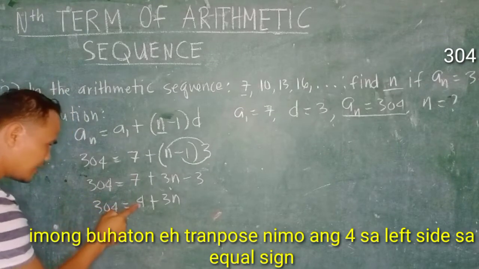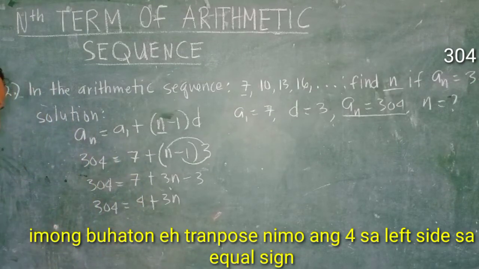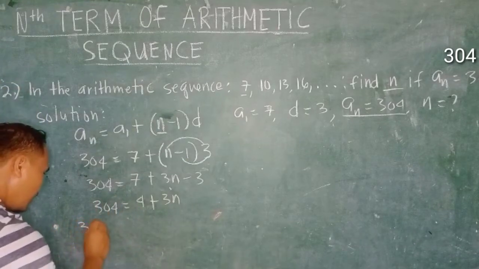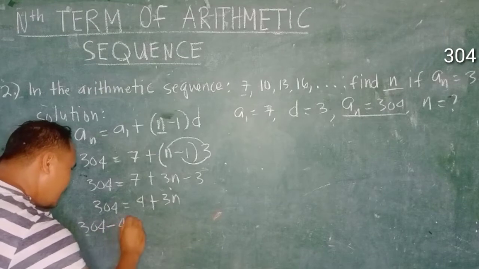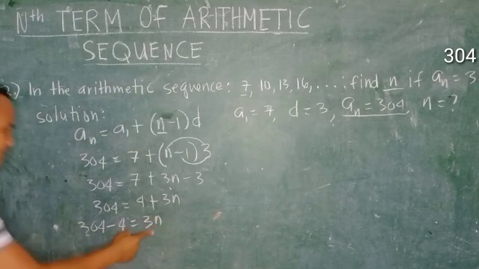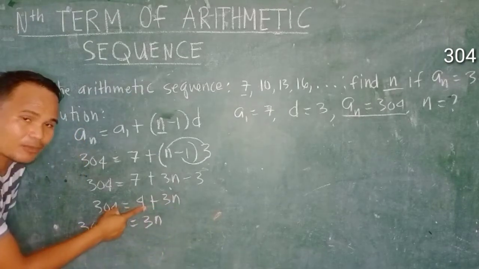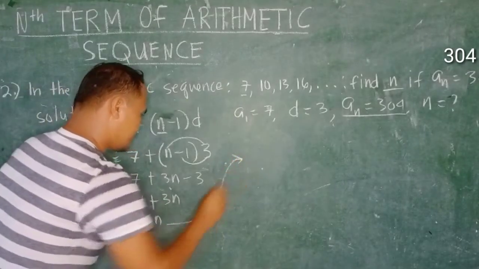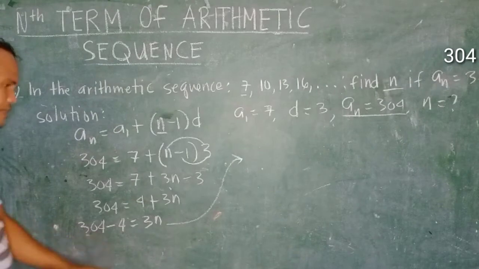Okay, yung buhaton, kani siyang 4, i-transpose sa left side sa equal sign. So, mahimo na siyang negative 4. So, 304 minus 4 equals, ang nabilin sa right side, 3n na lang. Kaya mo nang i-transpose si 4 sa left side. Okay, let us continue here. I-minus na yung duha, that's 300